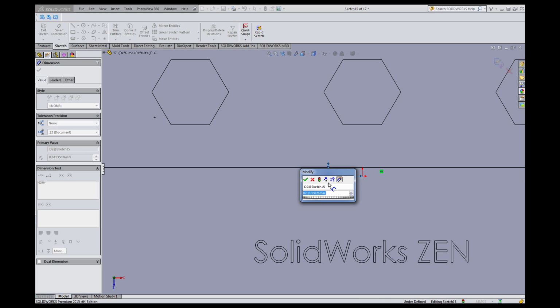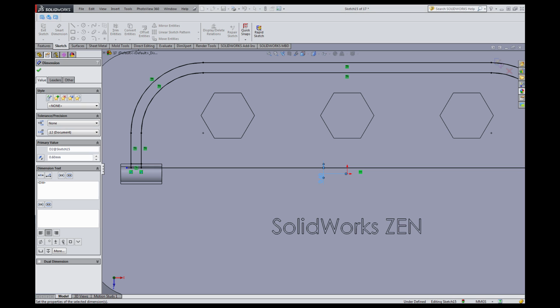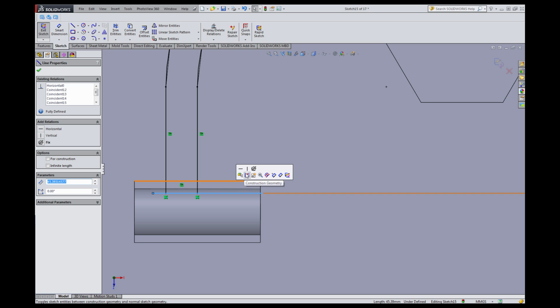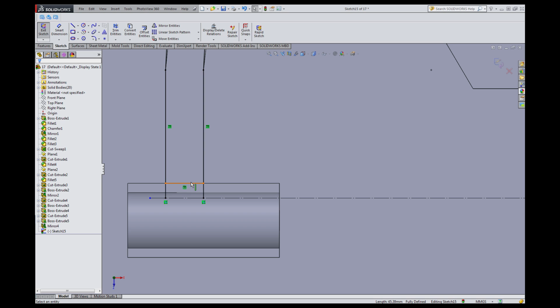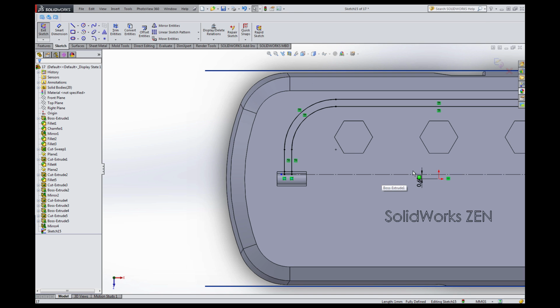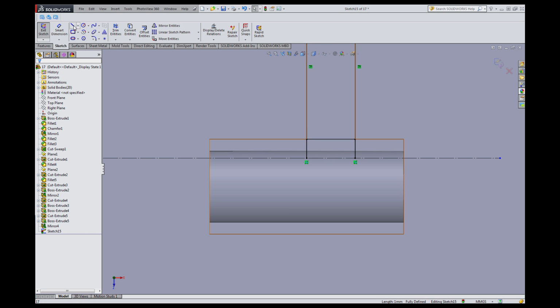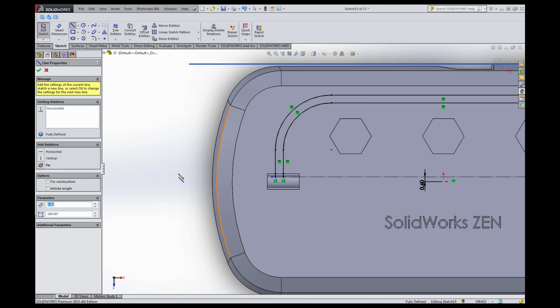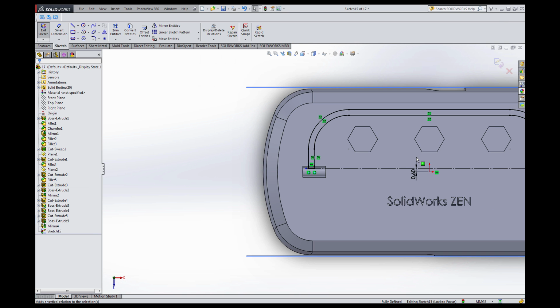Okay, smart dimension, put the distance of 0.4, sorry, 0.6, okay, and click on this line and choose construction geometry. Now delete this one and this one and make one from this point to this point and again from this point to this point. Okay,